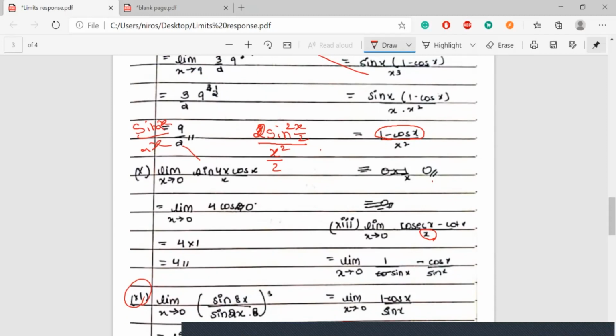But here the square is for both x by 2, right? Means here also for x by 2, the square should be there. Then I can multiply 2, I can write 4, right? So then it becomes sine square x by 2 by 2 into x by 2 whole square, correct? Then half, I can take 2 common. It is the same as sine x by 2 by x by 2 whole square.